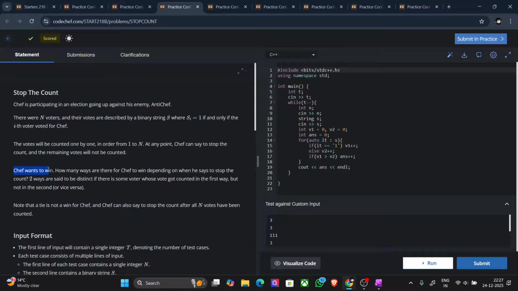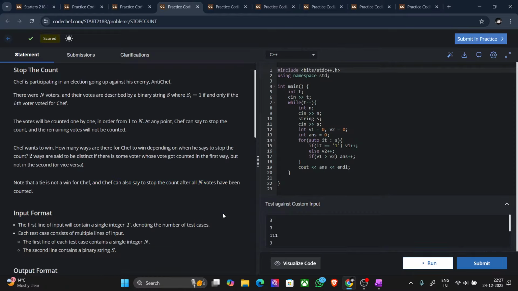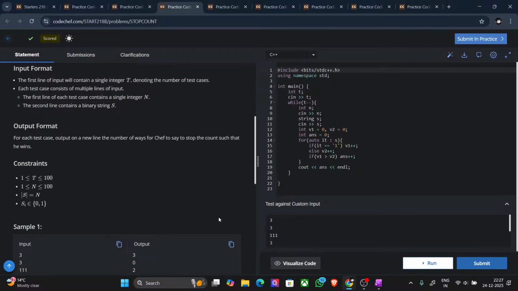Chef wants to win, and how many ways are there for Chef to win depending on whether he says to stop the count? Two ways are said to be distinct if there are some voters whose vote got counted in the first way but not in the second way. Note that a tie is not a win for Chef, and Chef can also say stop after the count of all n votes. Okay, so let's take an example